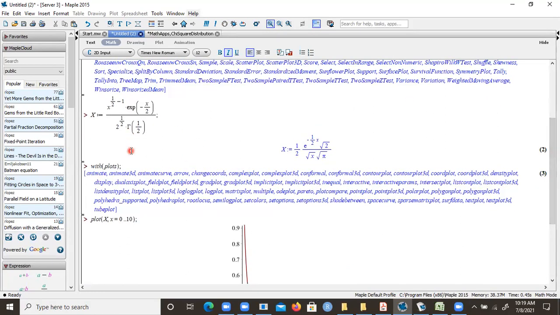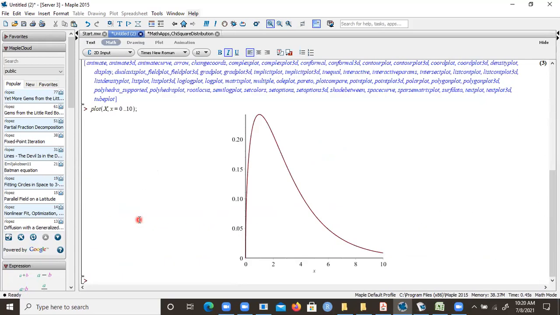Now, what will happen if I change this 1 to 3? Will the curve change? Let us try to find out. I'm changing my degree of freedom. All these things should be activated once again. And see, the curve is coming. So the things that are being shown in the definition of chi-square distribution,